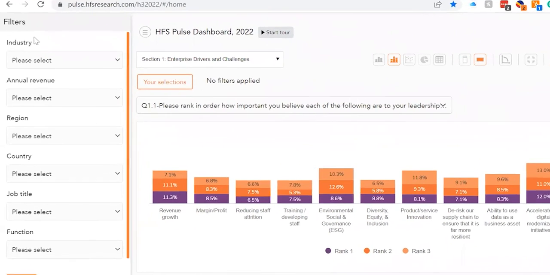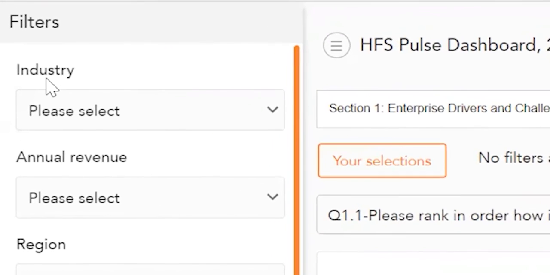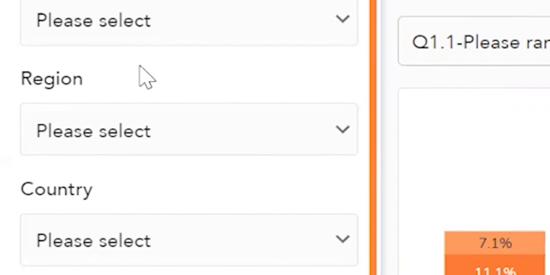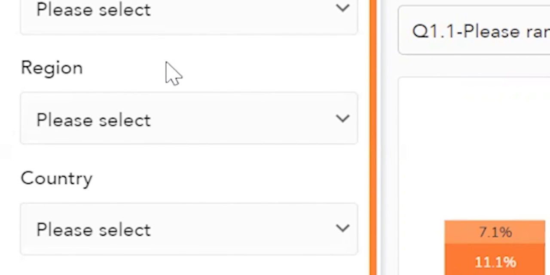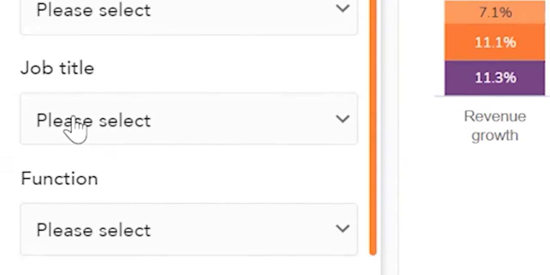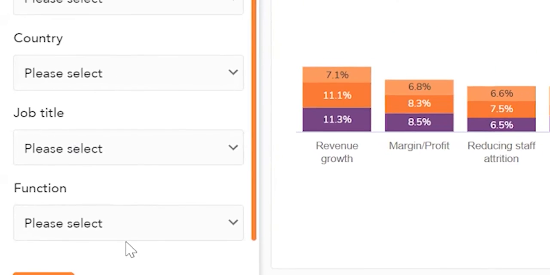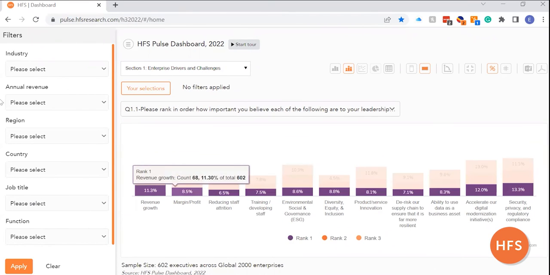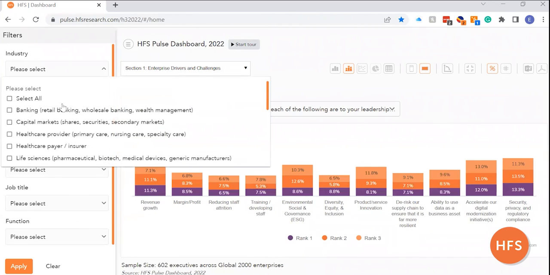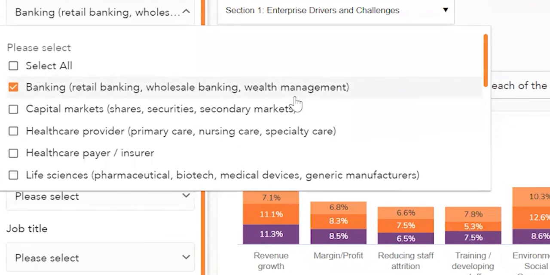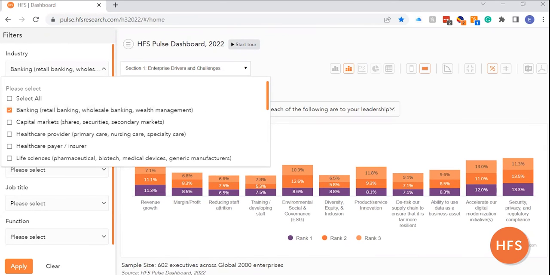You go over here to our filters and you have options such as industry, annual revenue, if you wanted a size view, the region that a firm is in, a respondent is in, a specific country if you want more granularity, the type of job title, and then what function. So you have lots of different mechanisms to filter this data. In this case, we're just simply going to choose banking, which covers retail banking, wholesale banking, and wealth management. Select what you'd like it to filter on, click apply,